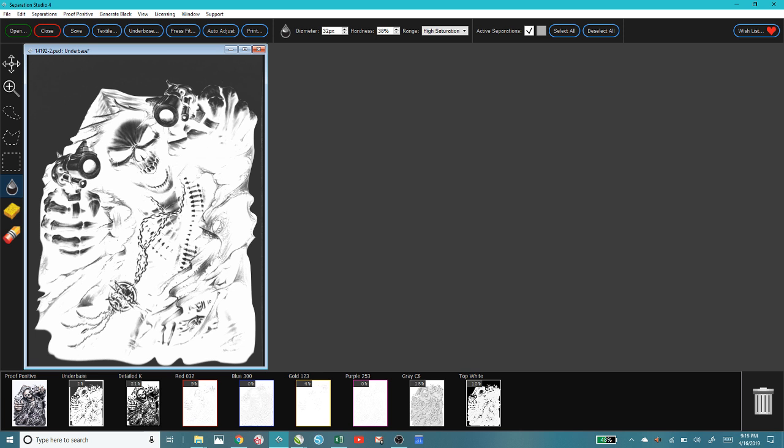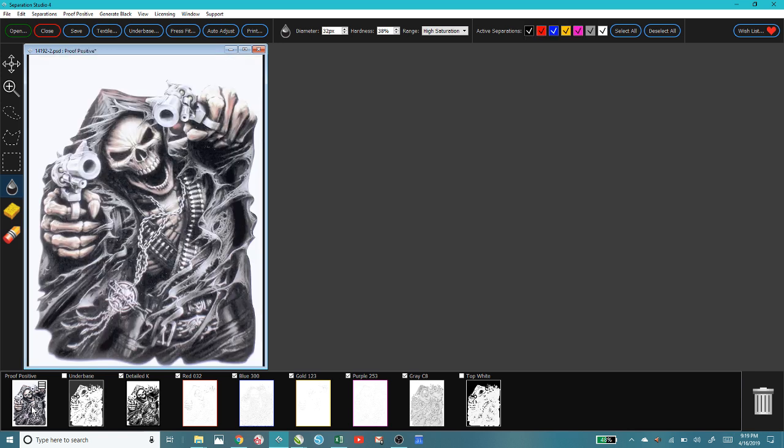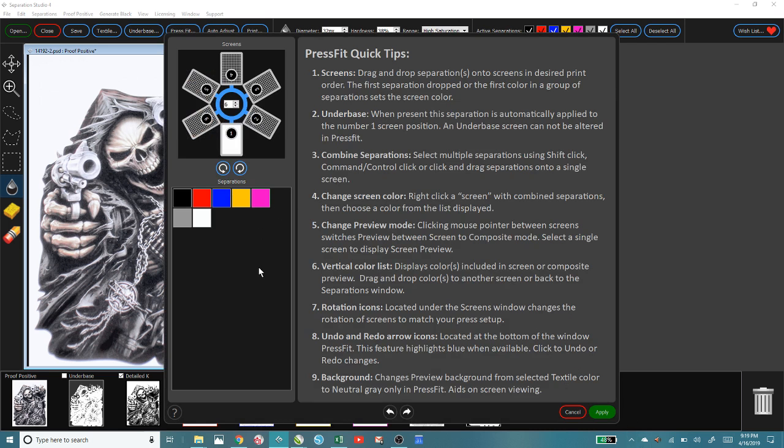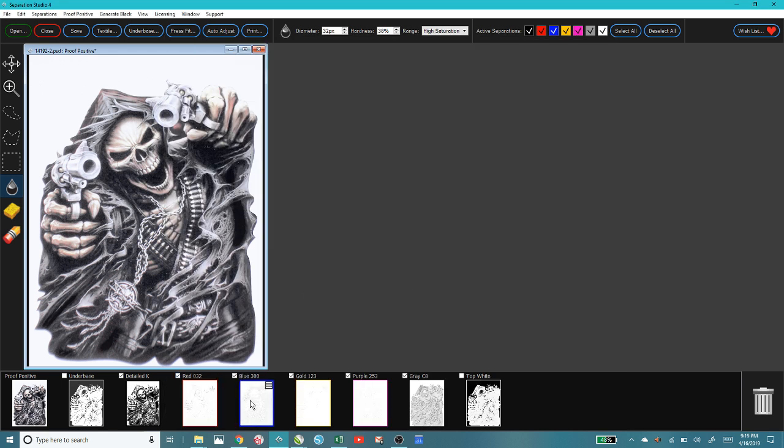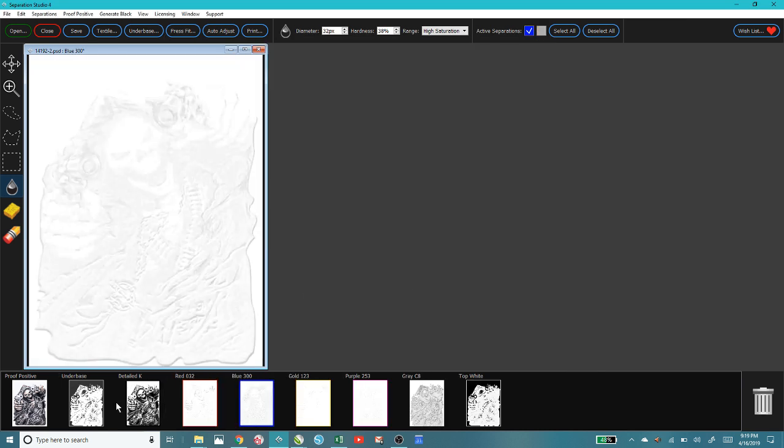I'm going to show you guys something. You notice that when I hover my mouse over certain areas, it's showing me the saturation here in the ink at the bottom. If you look at the bottom, it'll show me how much blue is in that image, how much yellow is in the image, and all of that. But once you get your image how you want it, you can go over here and go to press fit, and then you can just start putting in your colors and seeing how you want it. This blue that's in here,